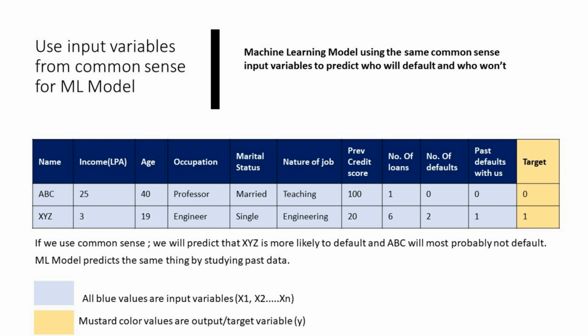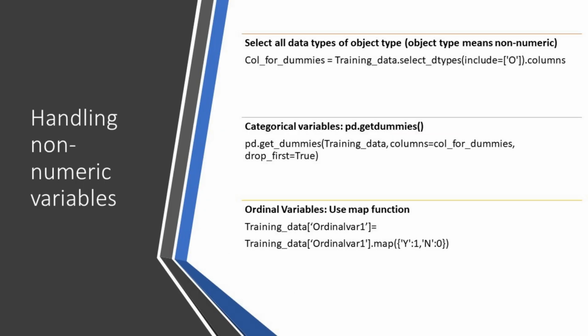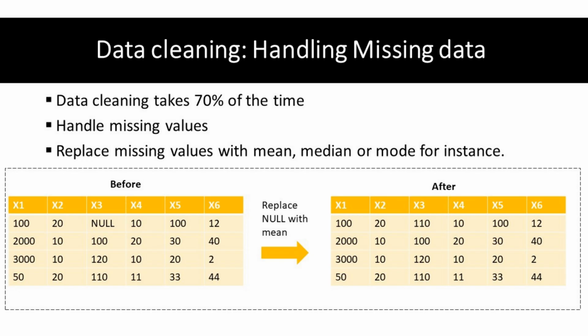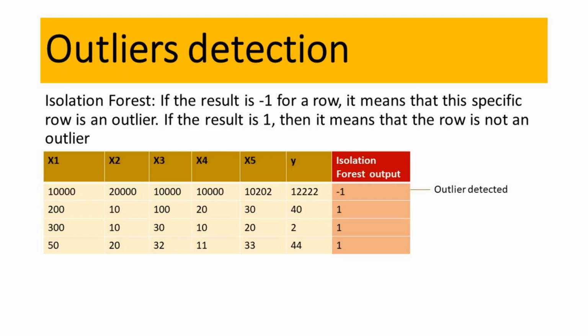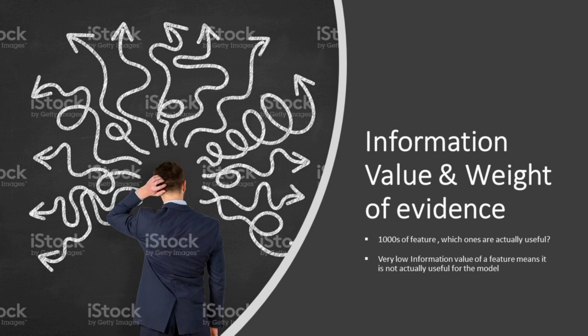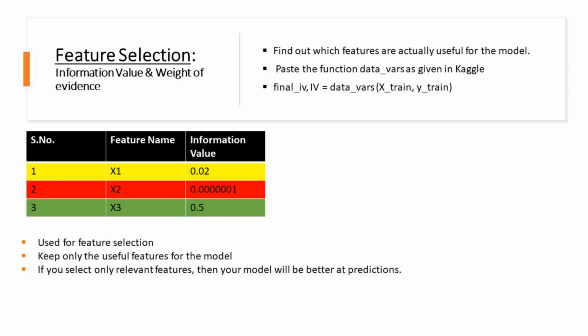Okay, once you have that in place, then you will be handling the non-numeric data. And how would we, so the categorical and ordinal variables, you will be handling all of that. Then you would be handling the missing data. You would also handle outliers. You would remove outliers. Then once all of this is done, right, then you would have feature selection. In feature selection, let's say you have 1 lakh features, so you will only select some x, let's say 10,000 or whichever have a good information value and weight of evidence, as I showed you, right? So mainly whichever has a good information value, you will select those and keep those.